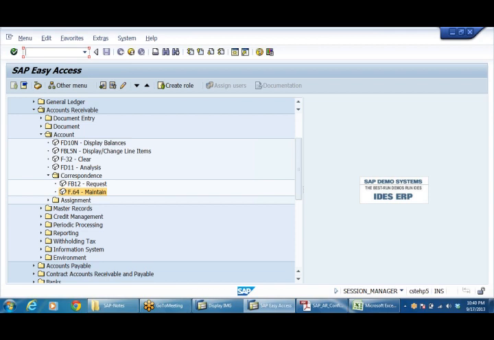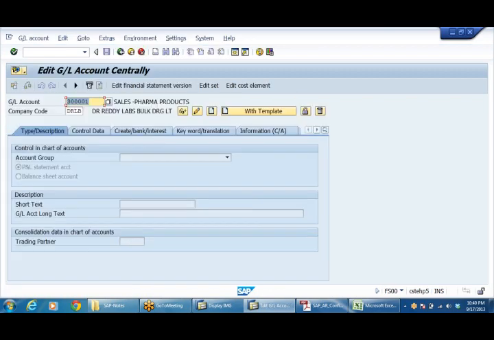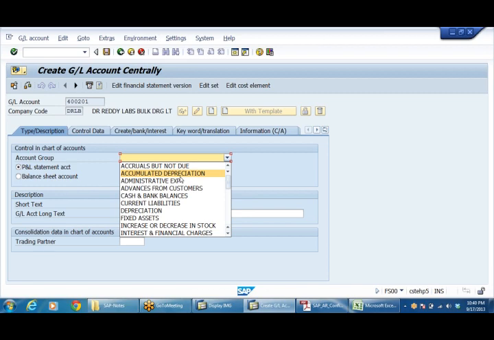Go to FS00. I hope that by this time all people are comfortable with the creation of a GL account. FS00. 400,201. Click on create. Right, trading expenses.